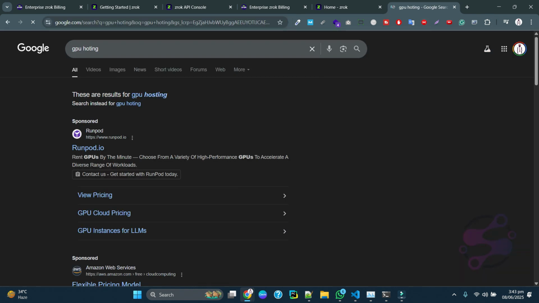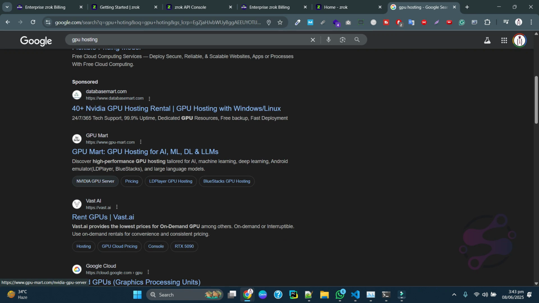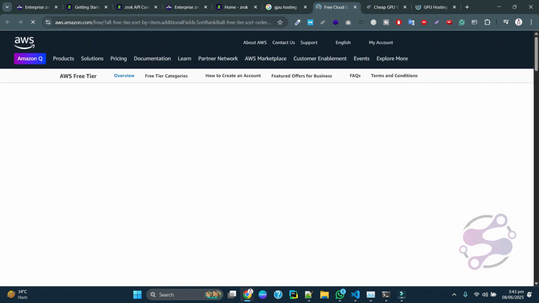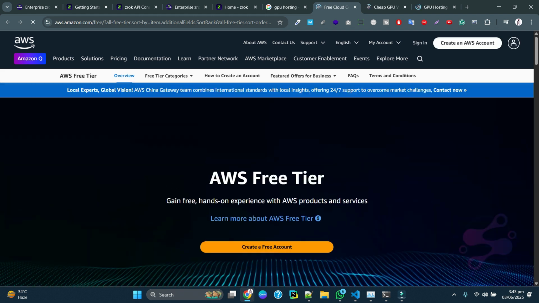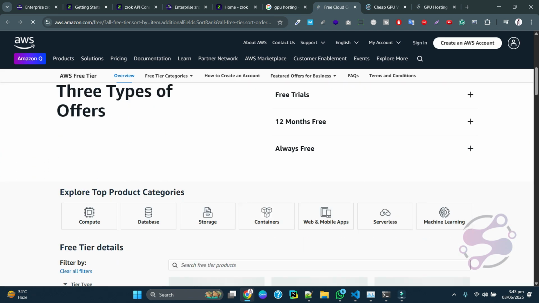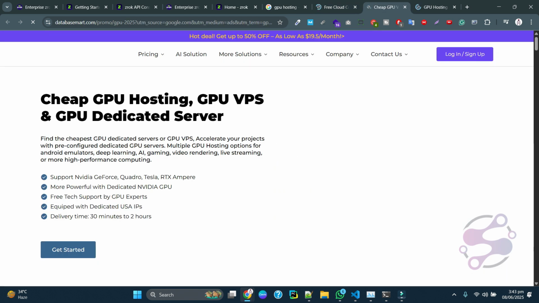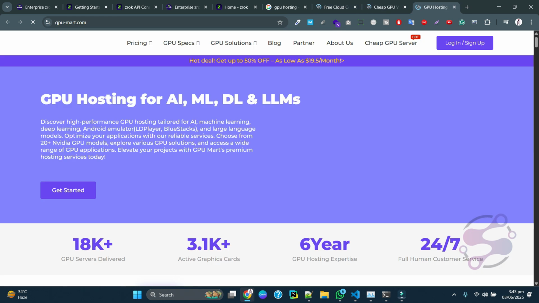So let's take an example of the cost of the GPU if you go with Amazon. If you are going to fine tune your model, or if you are going to launch small LLM-based models, you need GPU hosting. So let me show the GPU specs. This is the pricing of GPU hosting for AI, ML, and